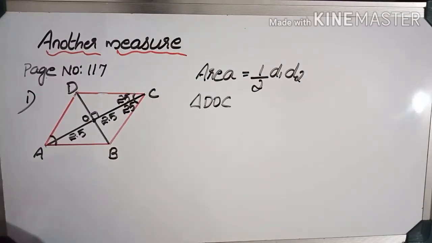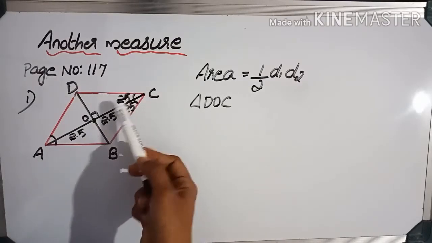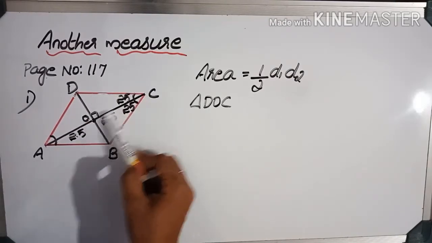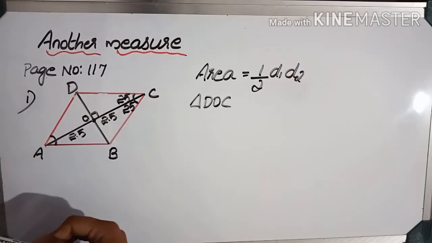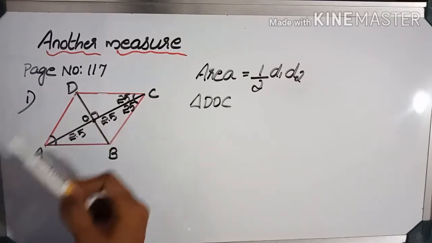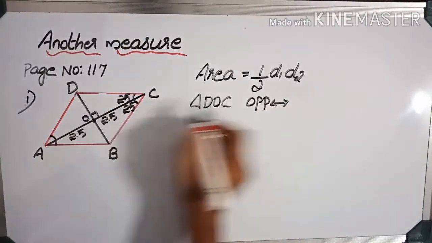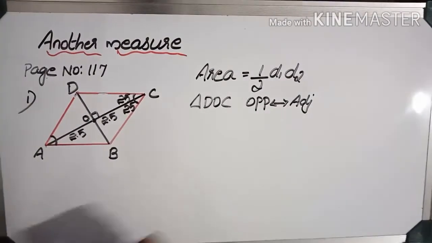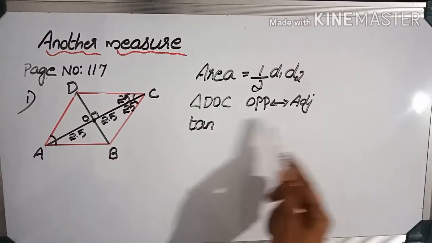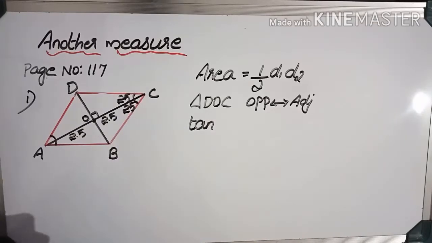Now we need to check which measure you have to choose, sine, cos or tan. First of all, given angle 25 degrees, which side is given? This is opposite and this is adjacent side. So adjacent side is given, and which measurement we have to find? It is opposite side. DO we are going to find. Adjacent side is the given measurement. That means tan value I have to consider. Opposite and adjacent comes in tan. So tan of the given angle, that is 25.